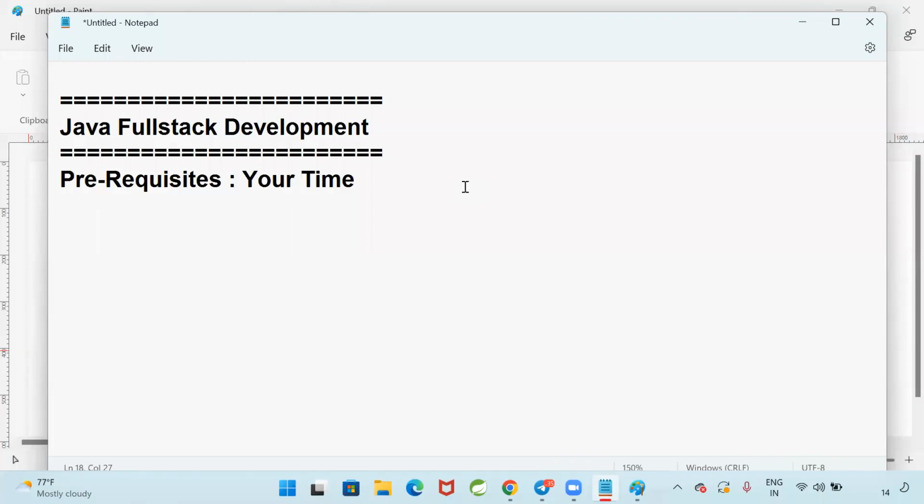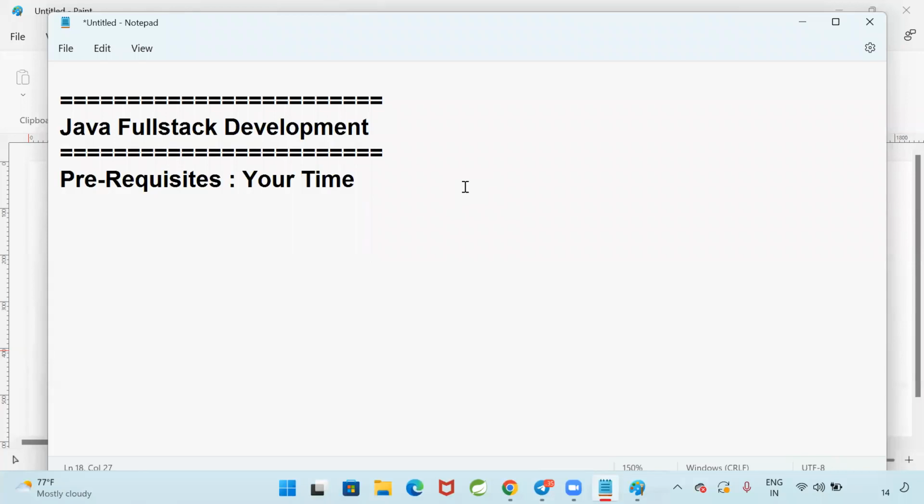Are you here to complete the course or to become a programmer? What is your agenda? Are you here just to complete the course, or are you here to become a full stack developer? You want to become a full stack developer. If you want to complete the course within 3 months, you can complete, but there is no use. You need to spend a minimum of 5 months to become a full stack developer, because there are that many technologies.